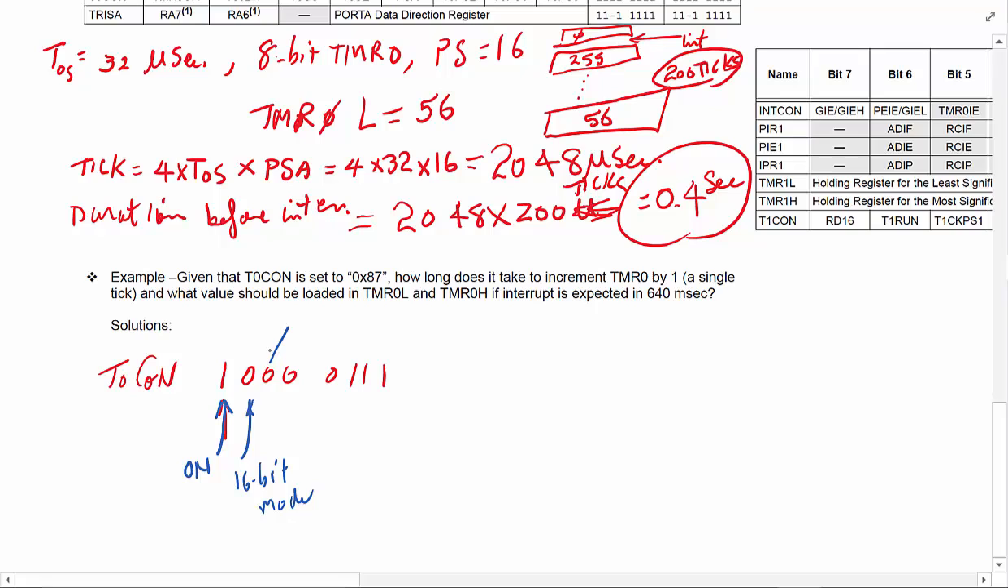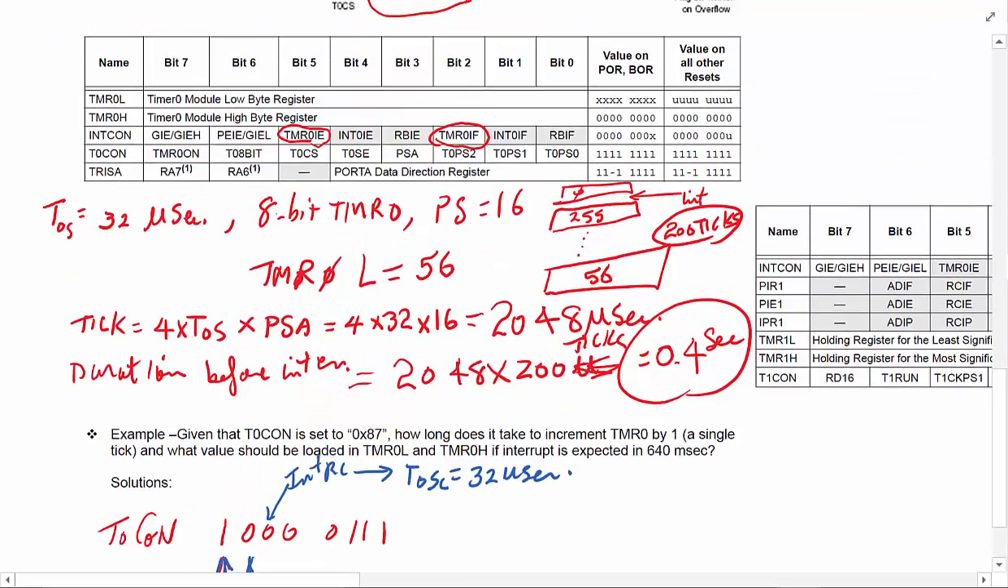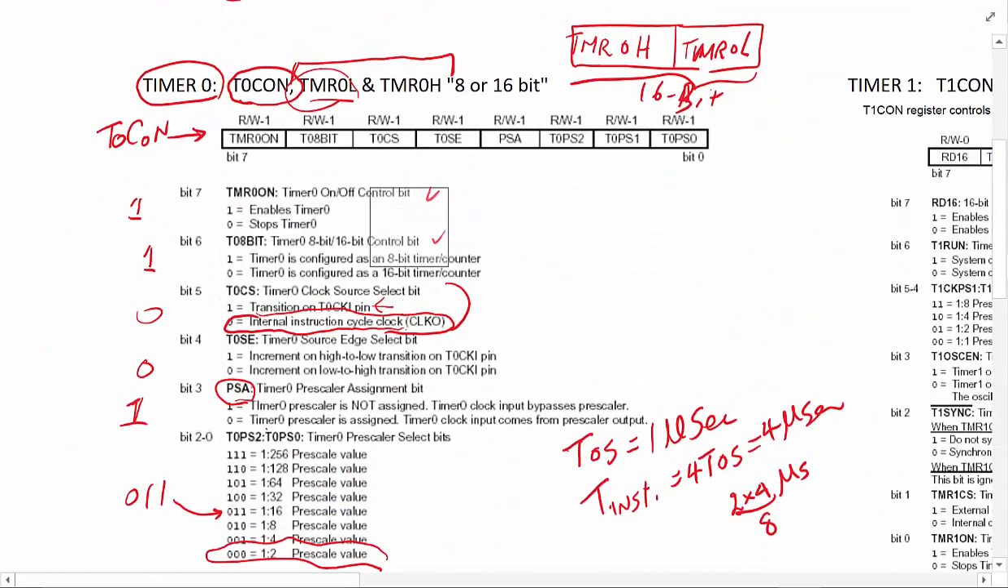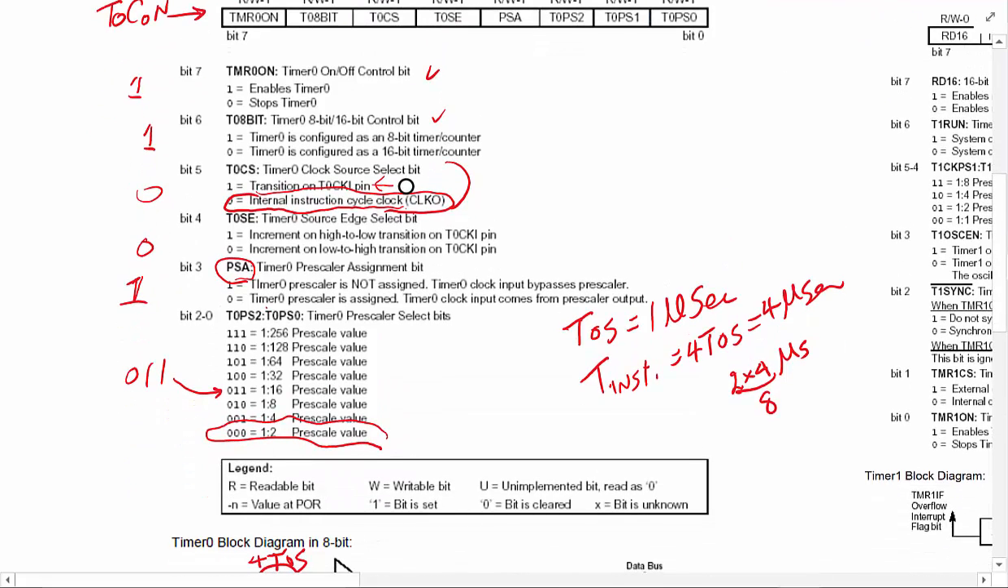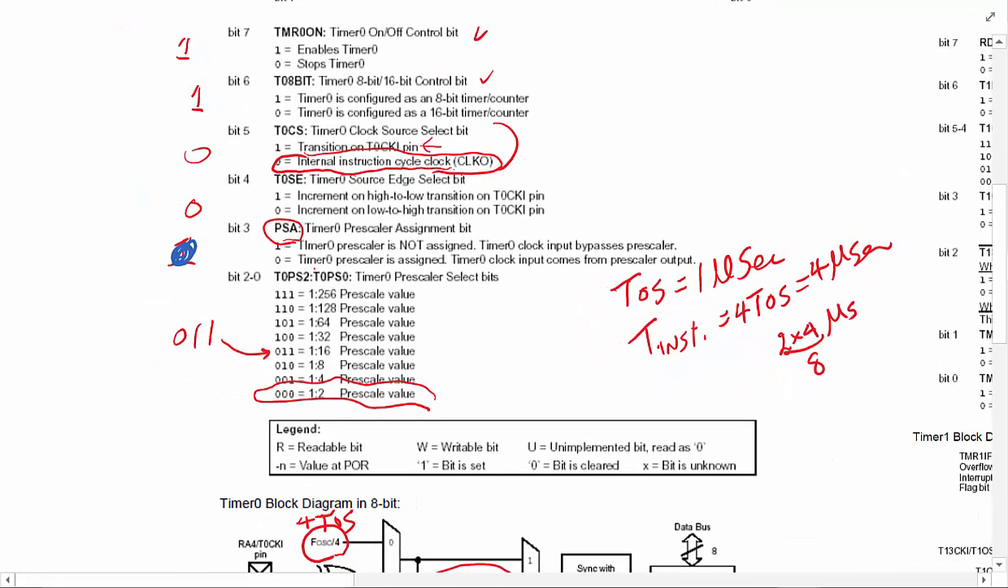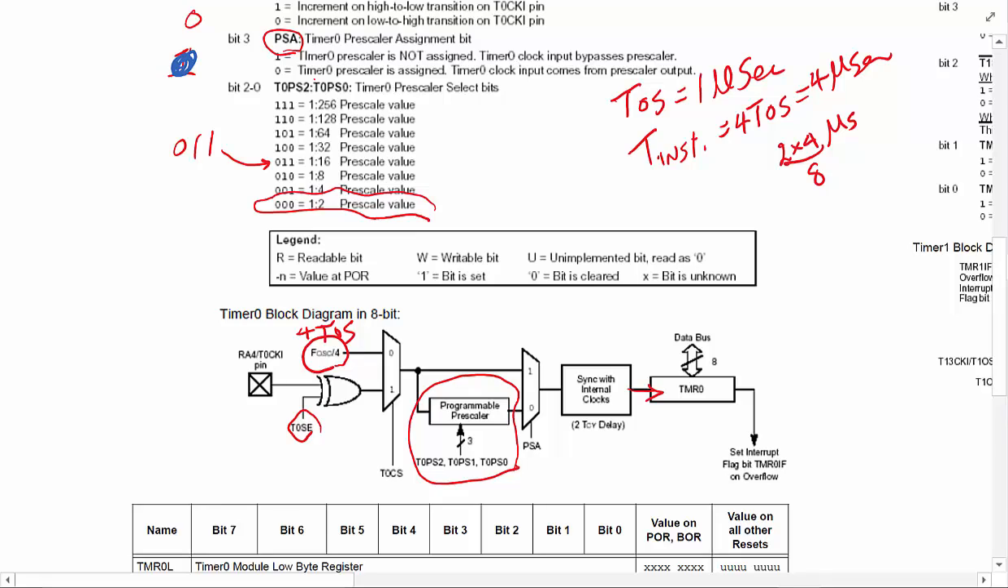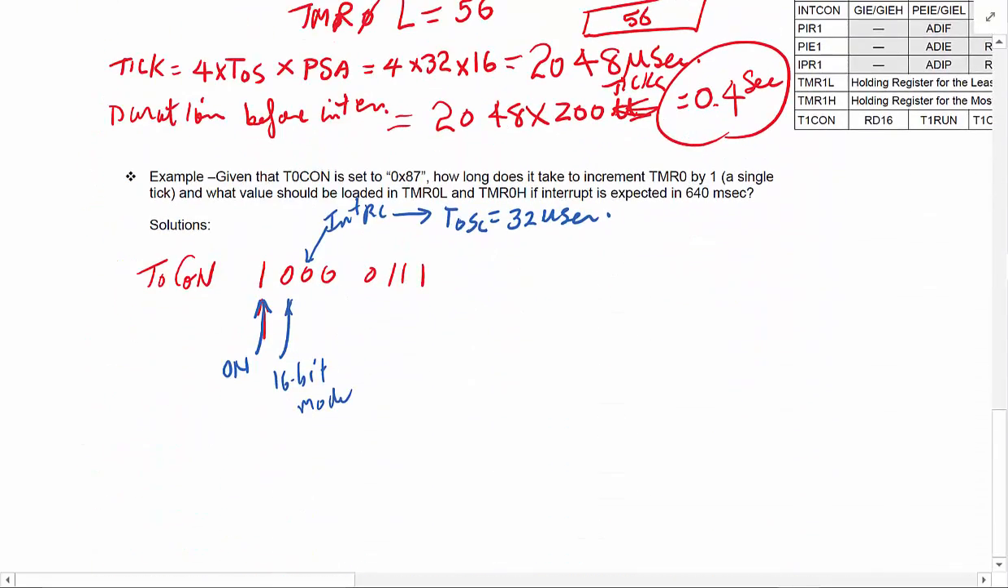Next one, it's saying we're using an internal RC, which is telling us that the oscillator is set to 32 microseconds. Let's take a look at what else we have. PSA set to 0. Oh, the prescaler is assigned. Last time I should have really called this one 0 as well, because we wanted to use the prescaler. So the prescaler is used, and then the prescaler is set to all ones, 1 to 256. So this basically says use the prescaler, and this says set it equal to